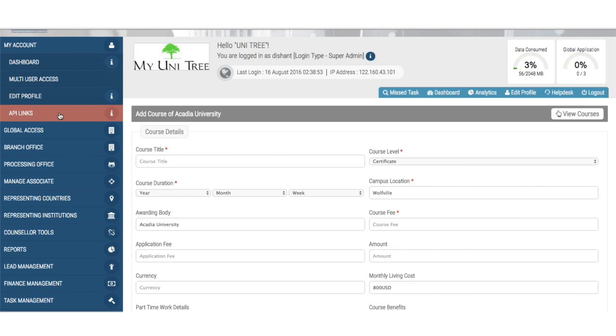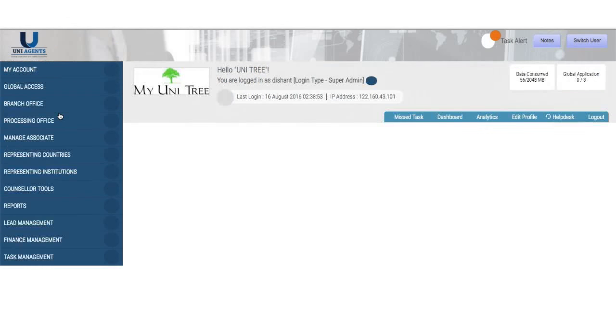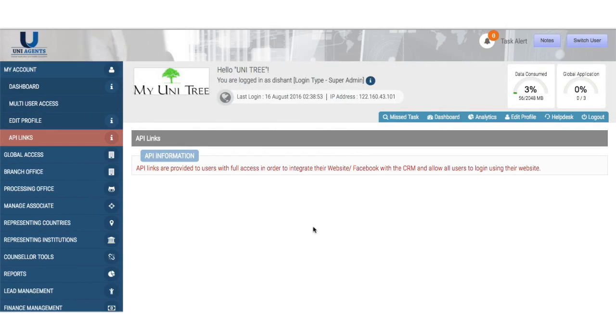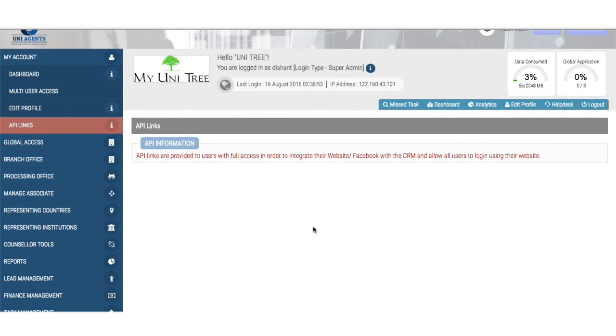API links, quite important. Now, since this entire CRM can be integrated into your website, into your Facebook page, and we will provide you APIs for it, you can get these API links from this link. I would not be able to access it because I'm on a trial version with dummy accounts, but once you're a full user, which probably you are, then you will be able to take this API information from here and get it to your programmer, or ask us. We can guide you how to integrate your website, how to integrate your Facebook page, and other